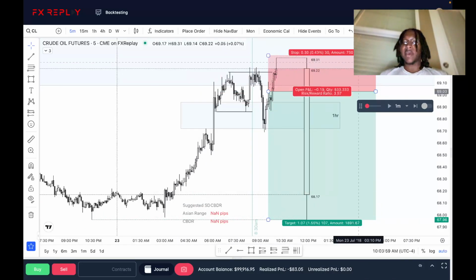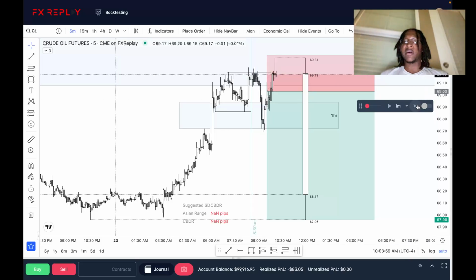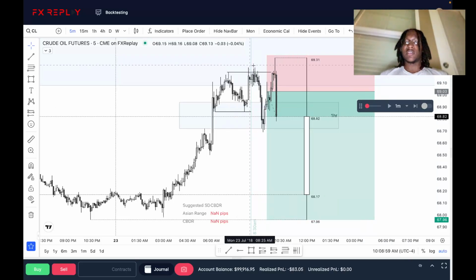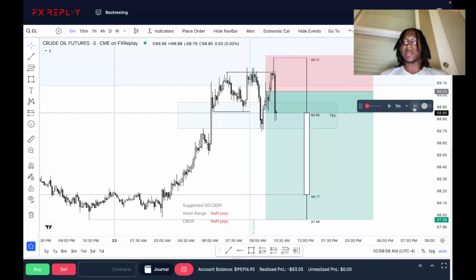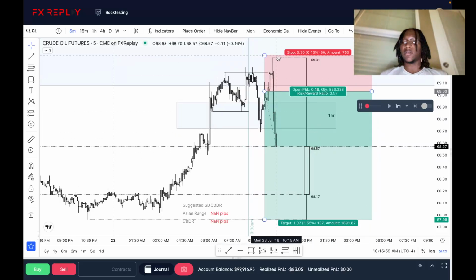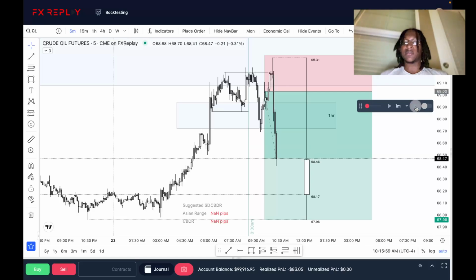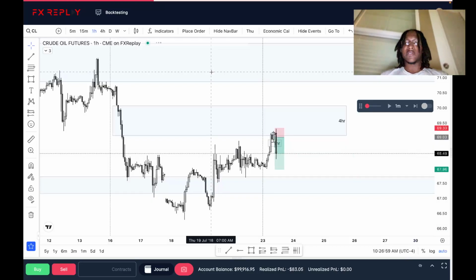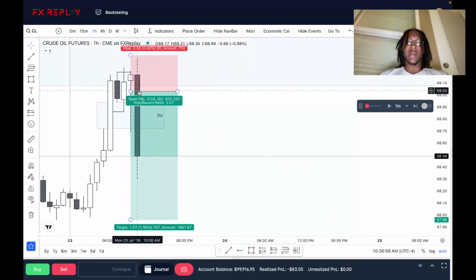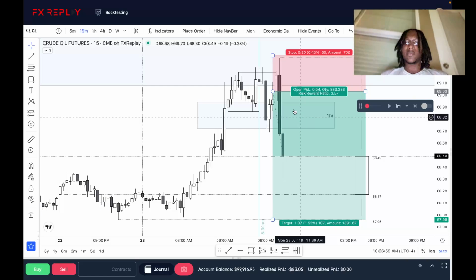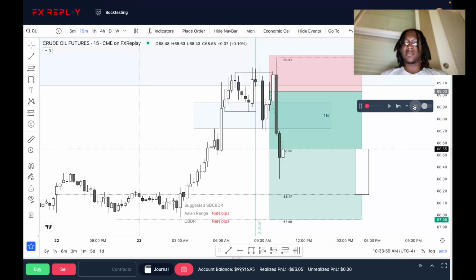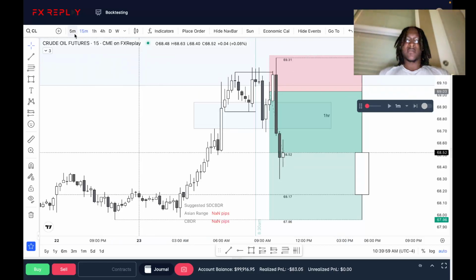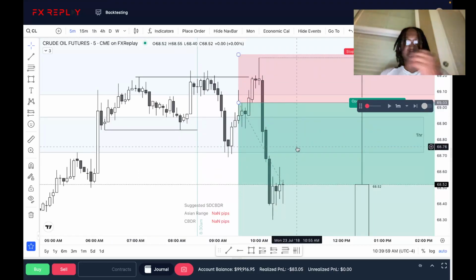Yeah. That run on that high in real markets would have scared me out, even though this is the total soup sell, and price just drops in profit. I wouldn't be holding all the way up there, to be honest with you. Now that we get that fulfill on this 15 and this 1 hour fair value gap, now with this order block here can resist price lower if we get any retracements up into it.